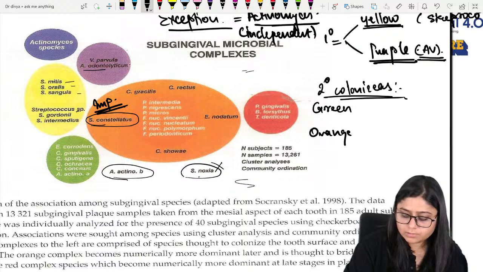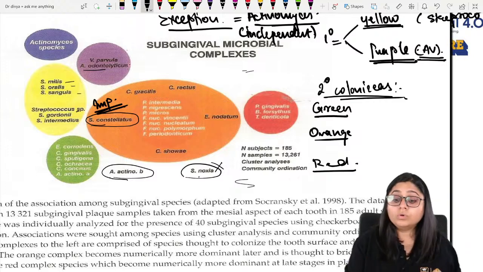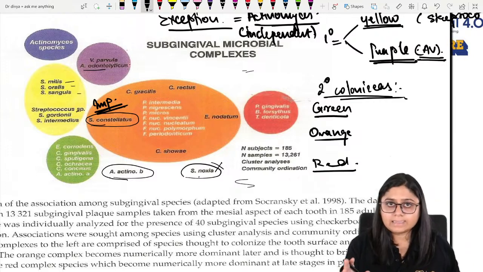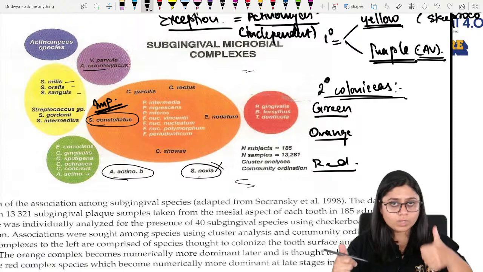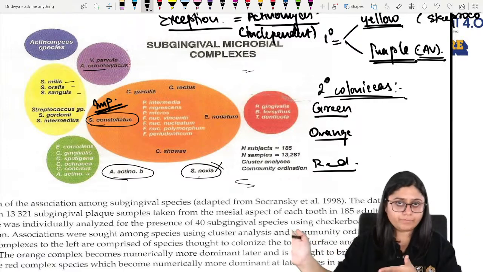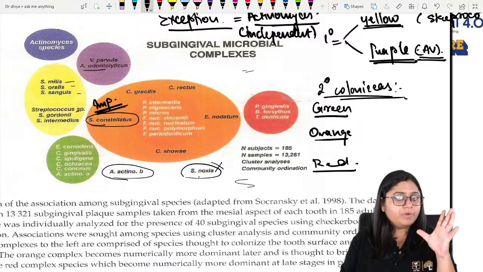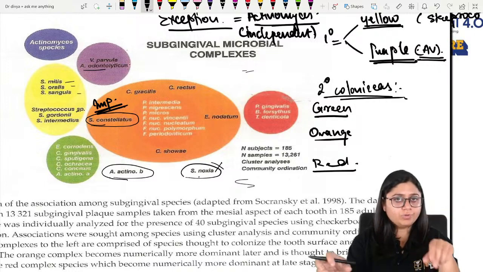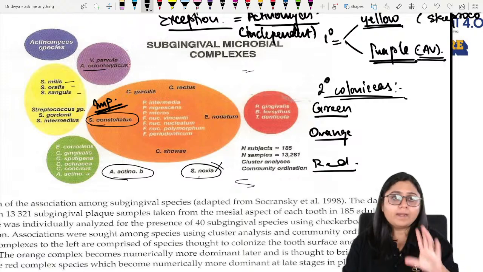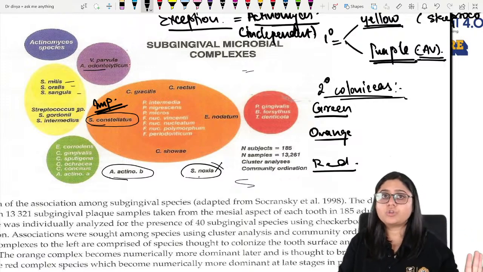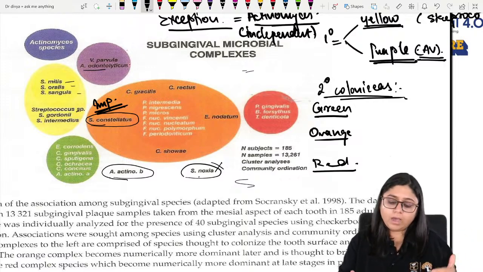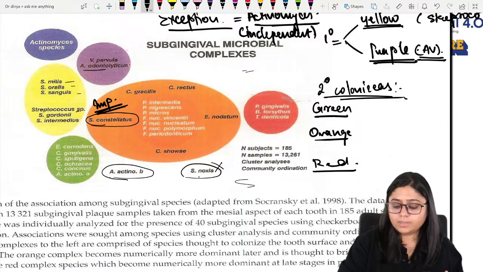Now we know the meaning also of what these lights mean. Green means everything is okay, you can go, you can proceed further, you need not stop. Orange means there is some sort of danger and you need to be cautious, you need to slow down. And red means stop, there is danger, you need to stop now, right? Now let us see how you will remember the green complex bacteria.